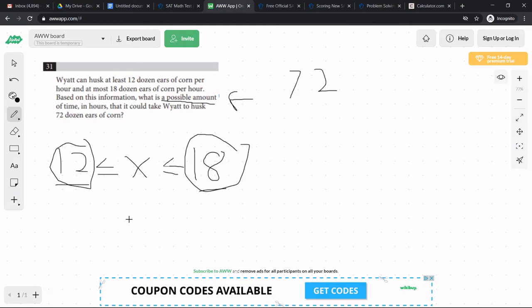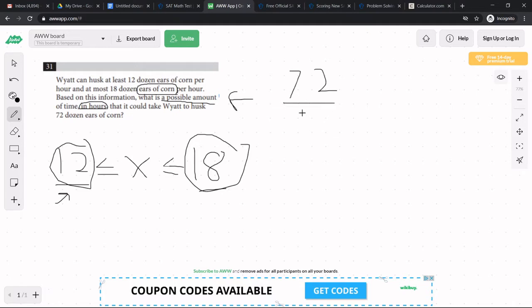You can choose any number from within here and plug that in as your value. You just want it to be a whole number, and it'll work perfectly fine. Because you're doing actual objects like this, you want the amount of hours, right, to be whole. You can't enter in a fraction or anything like that. So you choose one of the numbers,